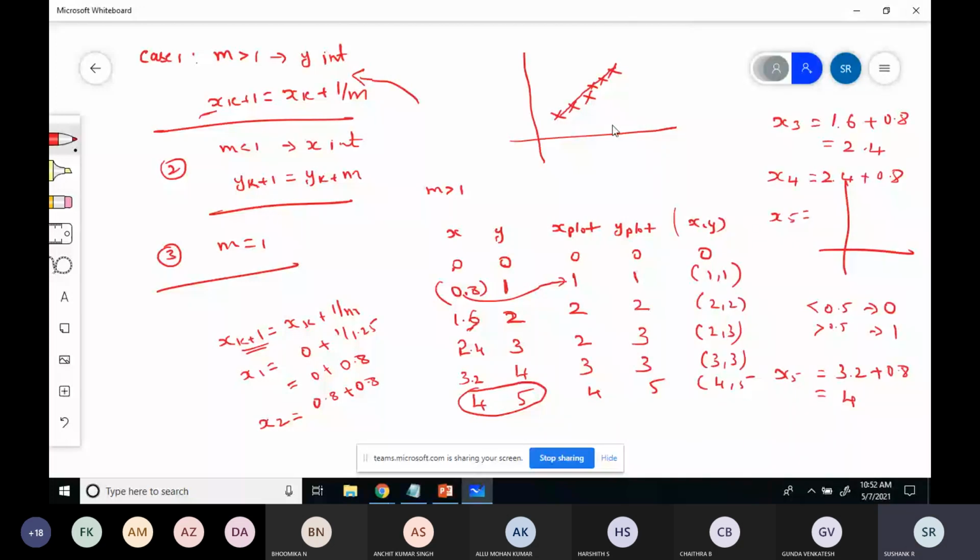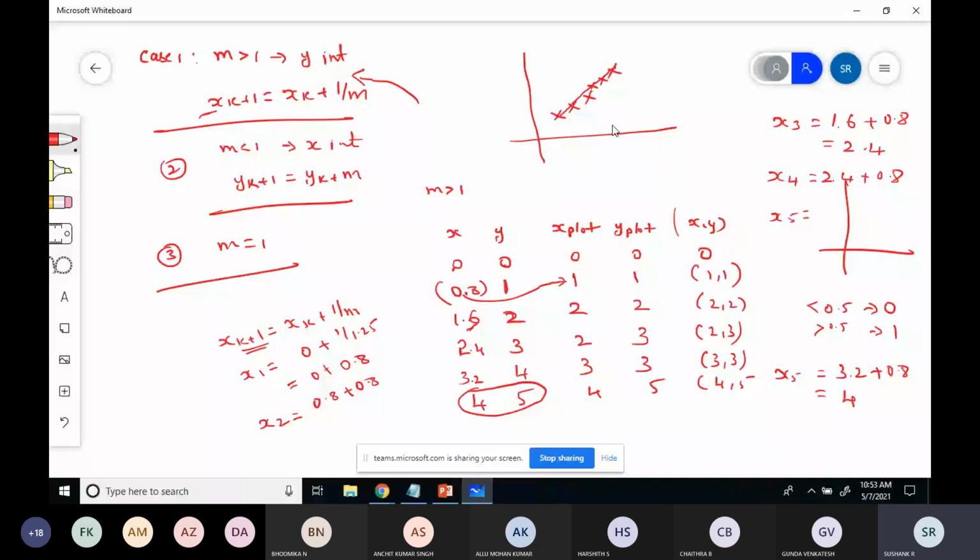We'll check the same problem in another class also. We will consider three more cases: m greater than 1, m less than 1, and m equal to 1. Like I told you, there was some mistake. I had to just reverse the two cases. When the value of m is greater than 1, you have to move along y increment, and when the value of m is less than 1, you have to move along x increment. The formula and the derivation are correct, but the case was reversed. I just confused m less than 1 and m greater than 1.